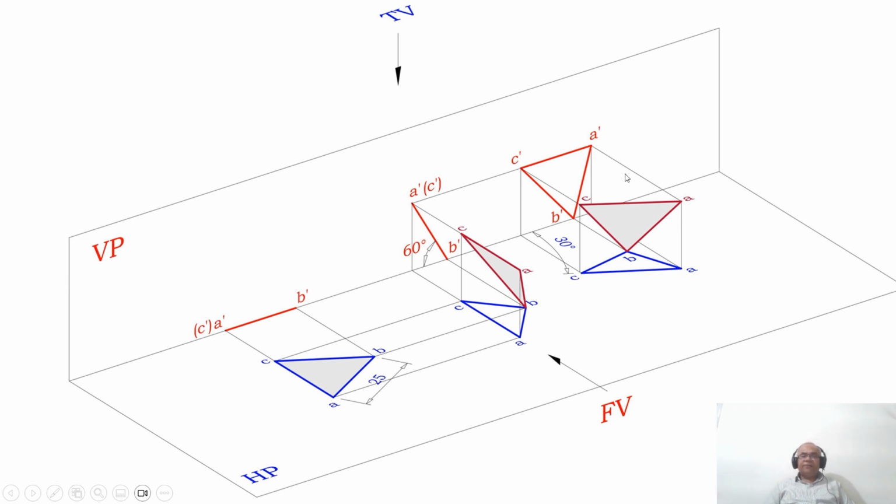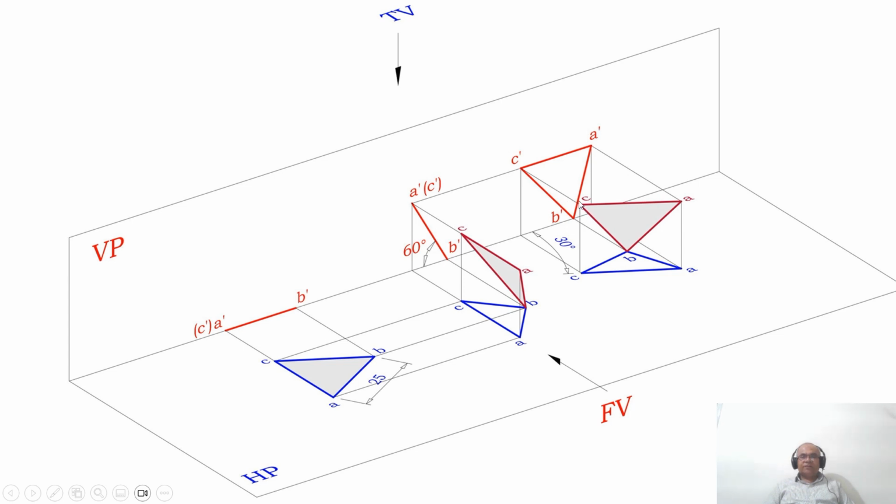Now I need to write the front view. When you want to write the front view, B is projected onto the XY line, that is B dash, and A is projected onto the vertical plane, and from A dash you draw a horizontal line. Both these two lines will intersect at this point, which is A dash, and also draw a vertical